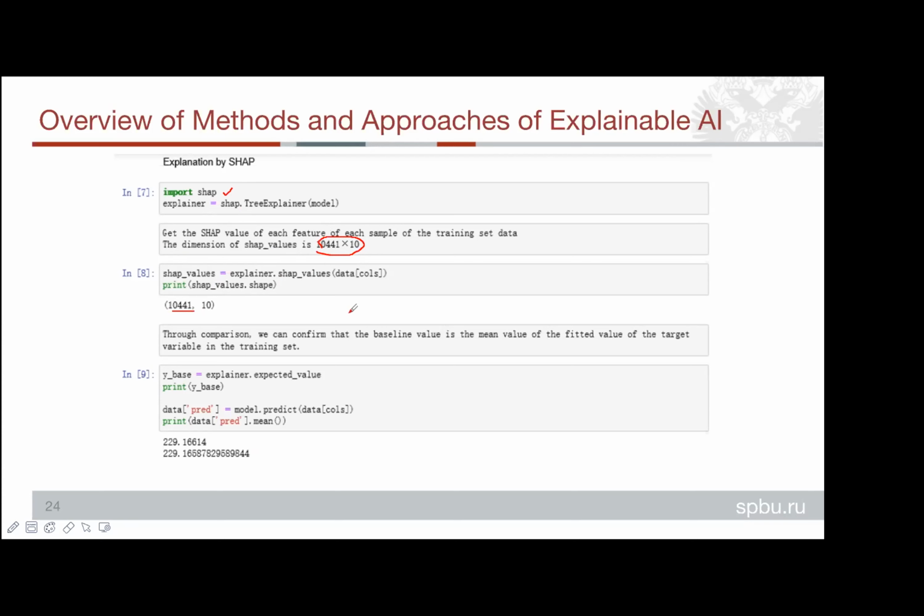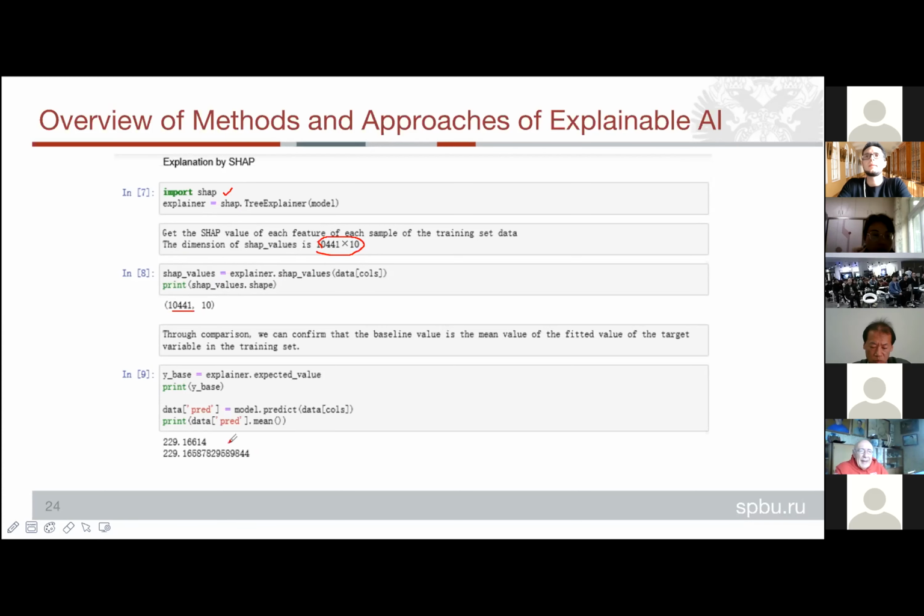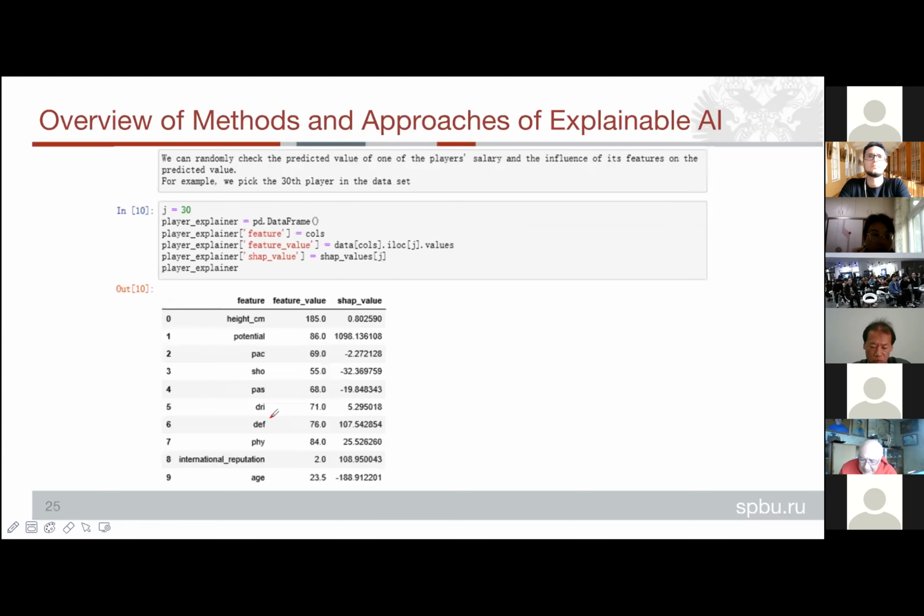Through a comparison, we can confirm that the baseline value is the mean value of the fitted values in the training set. They are the same. This represents the y base, and this is the mean of the data. And also we can randomly